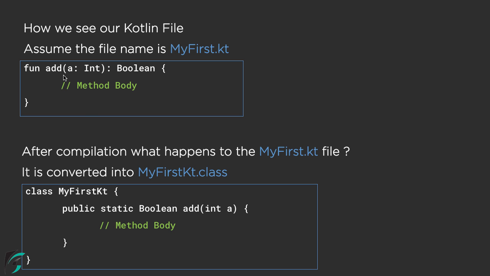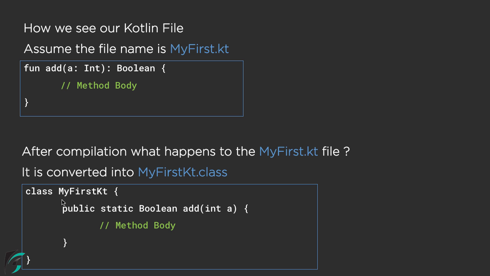Since this method is a top-level method, it has been converted to static. And here we have a boolean return type, a method name with an integer a parameter, and inside this we have a method body. So what we see internally does not appear to be the same after the code is compiled.